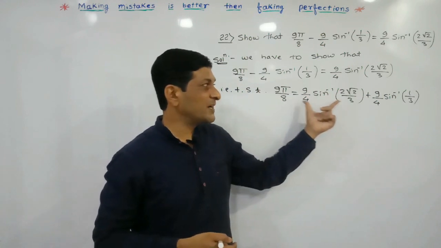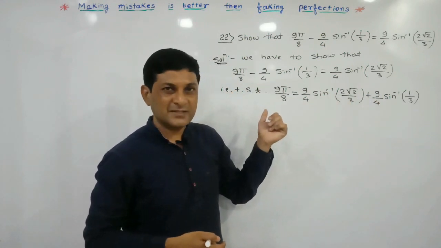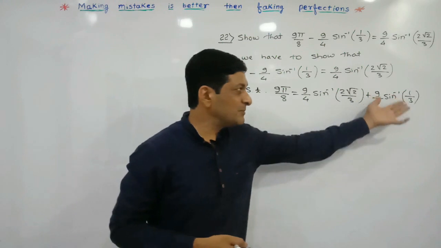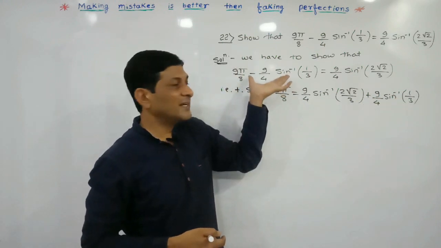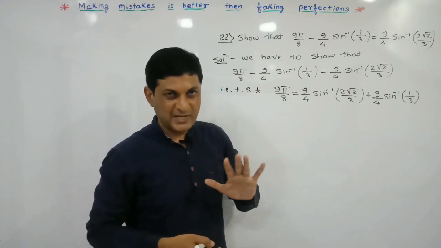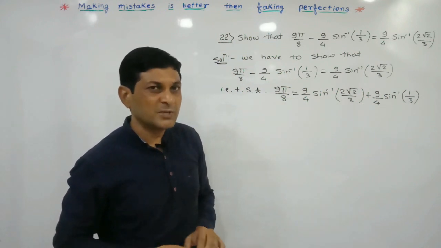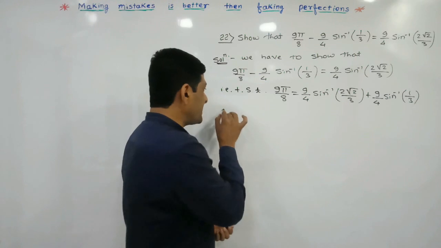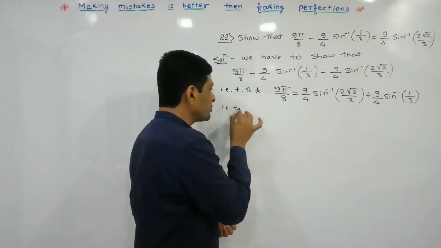अगर हमने प्रूफ कर दिया कि लेफ्ट हैंड साइड इज इक्वल टू राइट हैंड साइड, तो ट्रांसफॉर्मेशन से ये टर्म इस साइड में ले सकते हैं. So we will get the same equation. Means to prove this, that is to prove this one. Again let us check whether it is possible to simplify it or not. So that is to show that